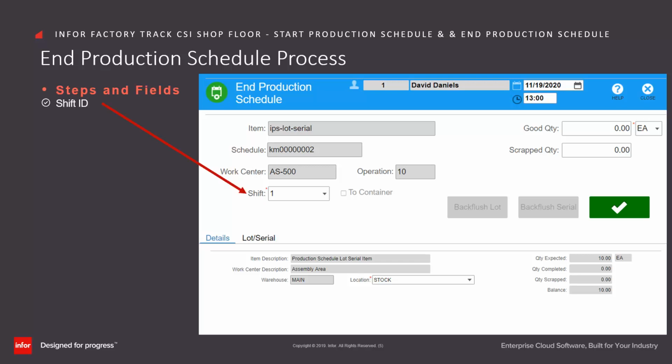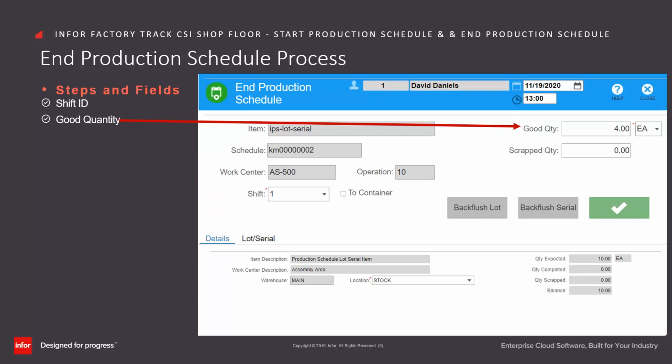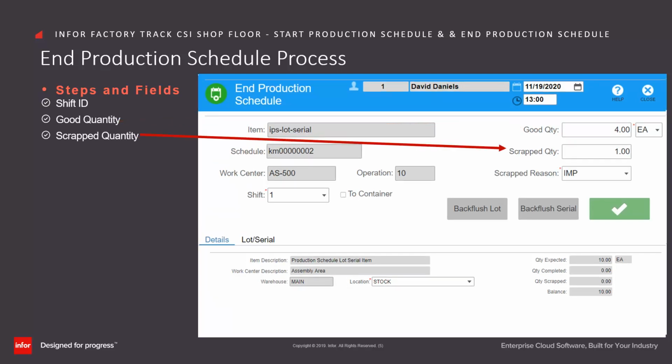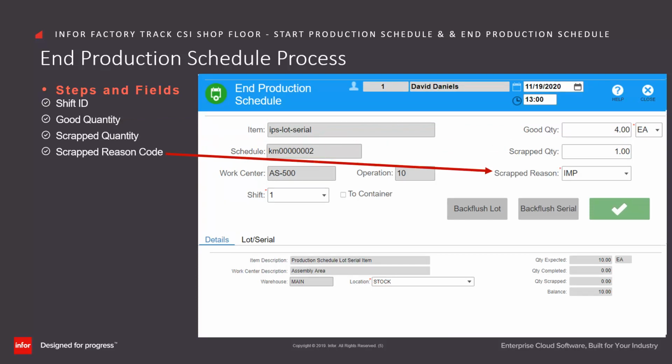Factory Track defaults to Shift ID for the employee's shift in the ERP. You then enter the number of completed items in the good quantity. Enter the number of scrapped items if needed. Note that this field is available based on the scrap parameter group configurations. Enter the scrap reason code. This field is only displayed if a scrap quantity has been entered and may be defaulted based on the scrap